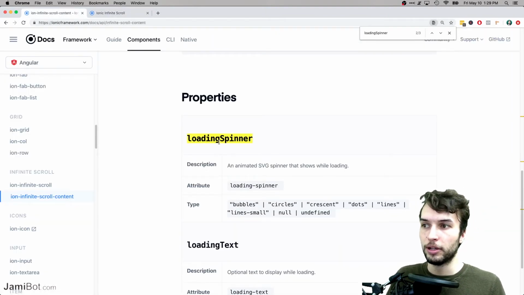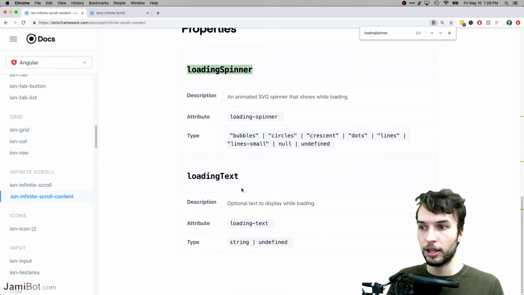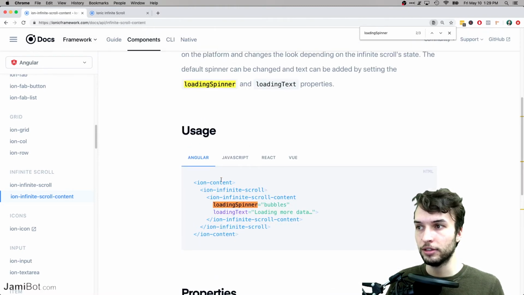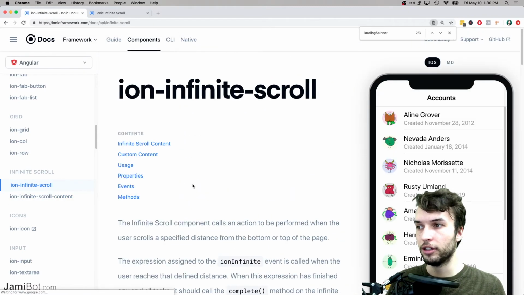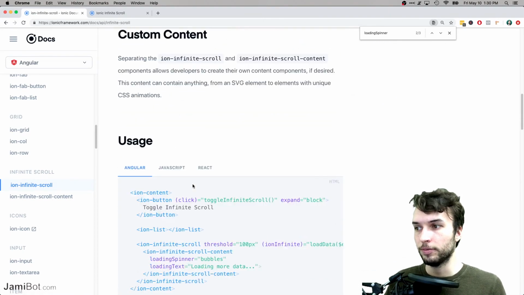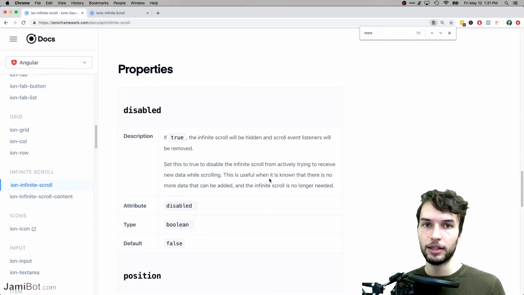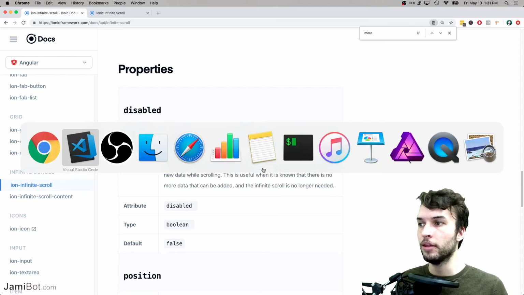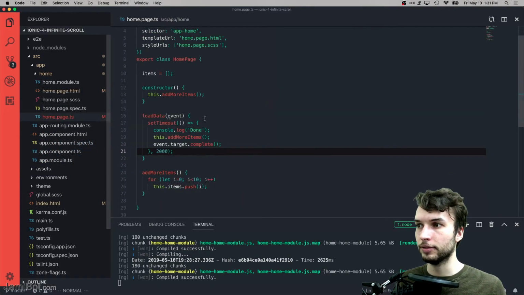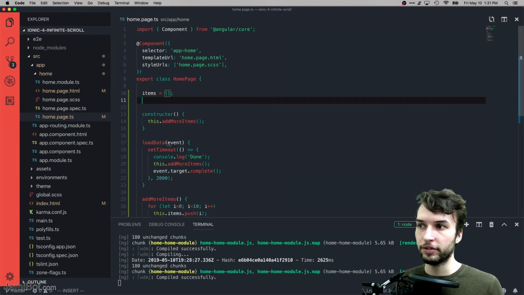And then let's look at just a little bit more of configuration. So we already talked about the loading spinner, and we talked about the loading text. But over here in the Ionic scroll, there's a couple more things we can do. We can do disabled. So let's say that after a certain point, we've reached all the data from the backend, so there's no more data. Well, what we can do is, let's just make a variable here called